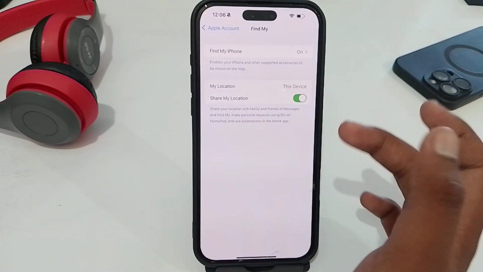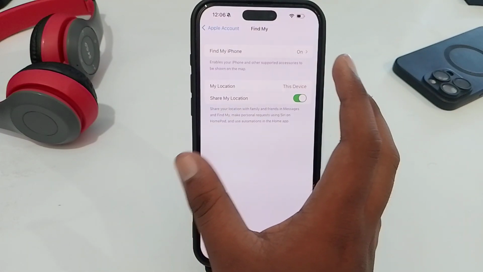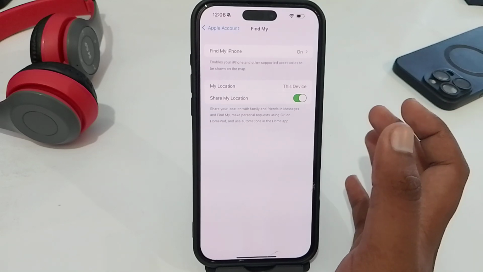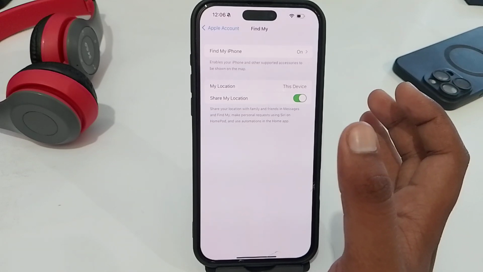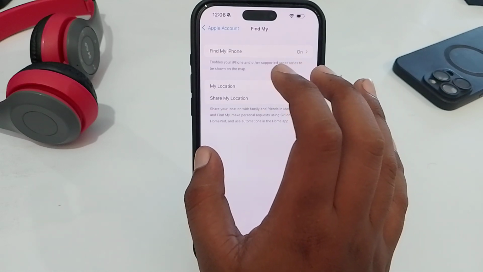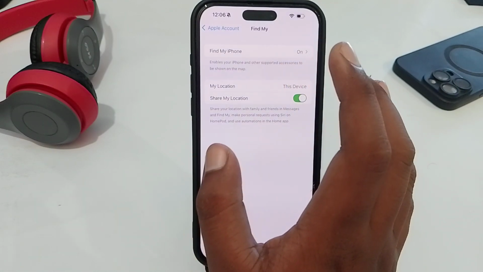You might have to enable your location to actually use the service. Basically, it's a service that you can find your phone if your location has been turned on. If this setting is turned on, you can trace your phone by your Apple account. So that's how you can turn on